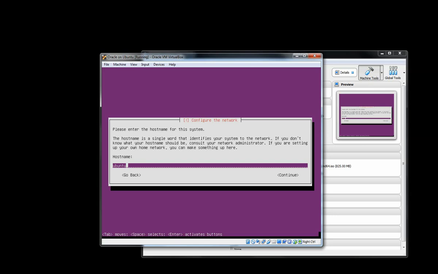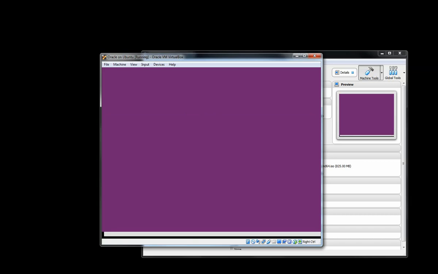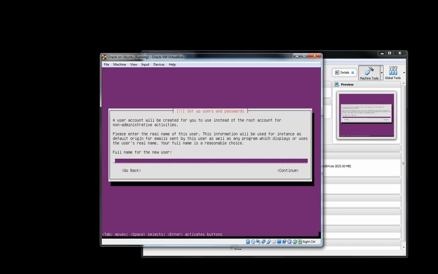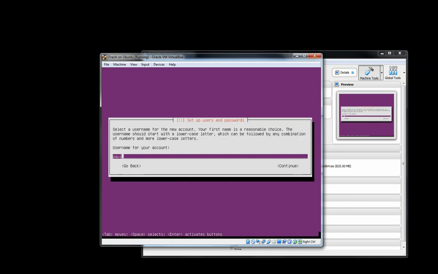So for my host name, I'm going to call it Ubuntu. I'm just going to give it a number because I've got another Ubuntu running on another machine. So just to avoid confusion, I'll call it Ubuntu 003. And then I'll put in my full name here. Just like to call myself Paul W. Not that there's any other Pauls using the machine, but